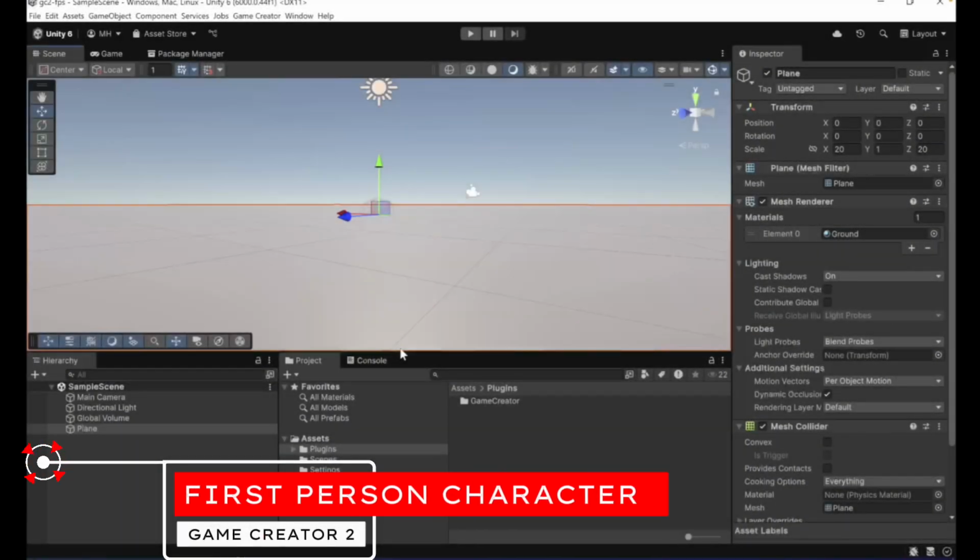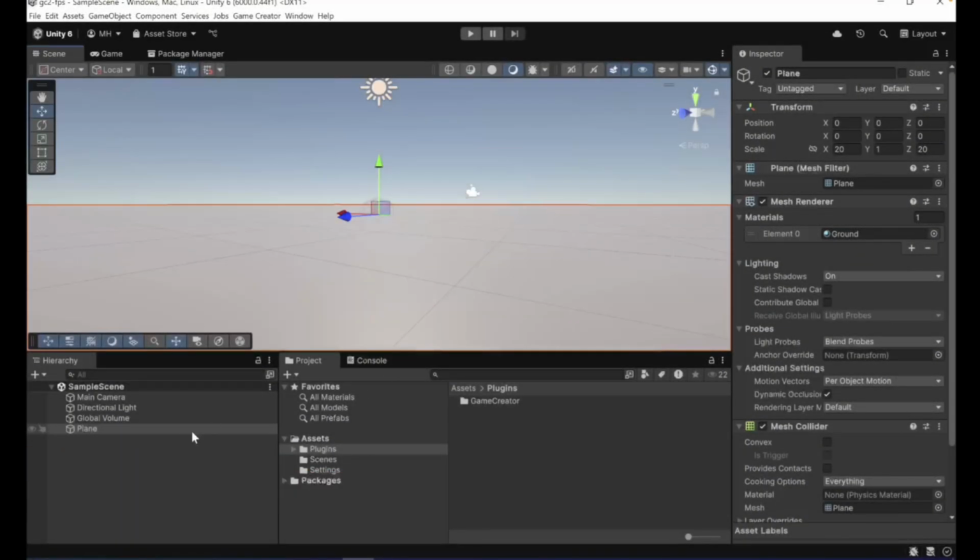All right, so today we are going to look at first person characters in Game Creator 2, how to do a first person character, and there's a couple of ways of doing that. So let's get started with that. In the core Game Creator 2 install, if you install the examples